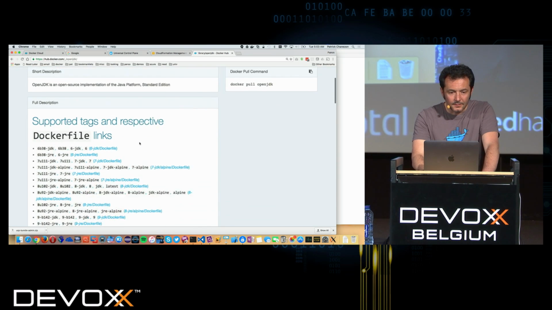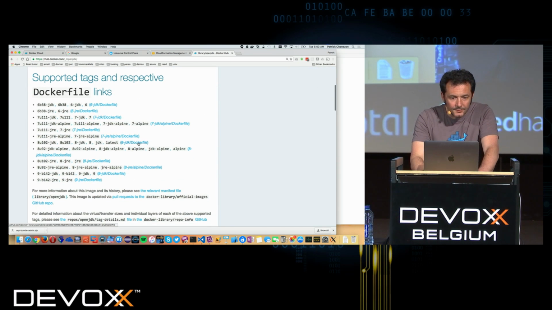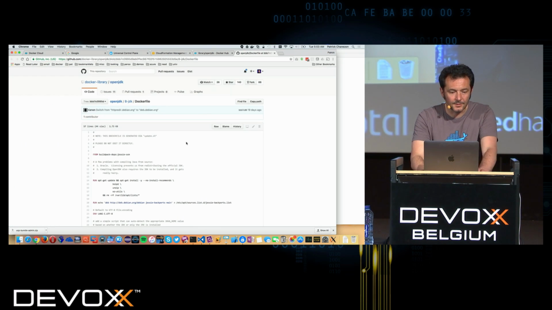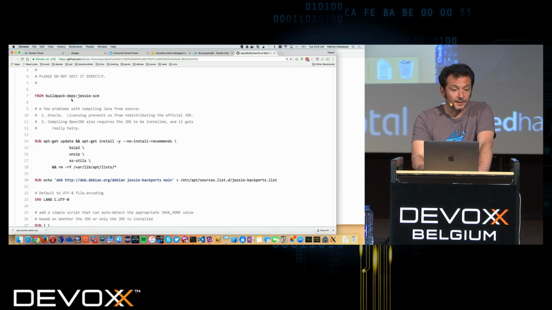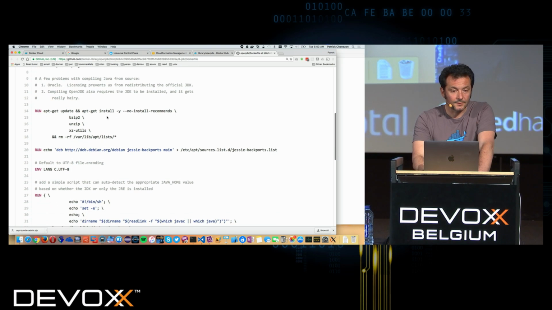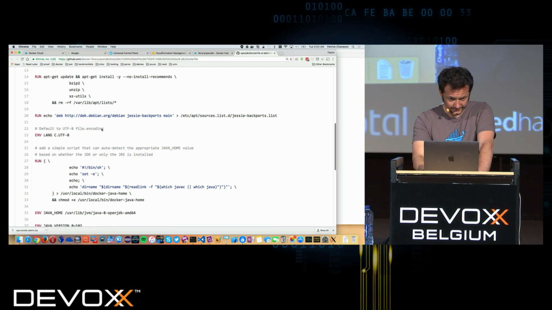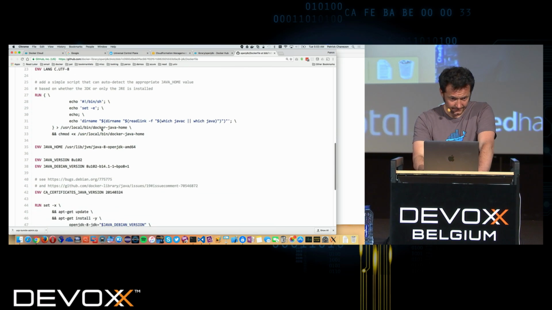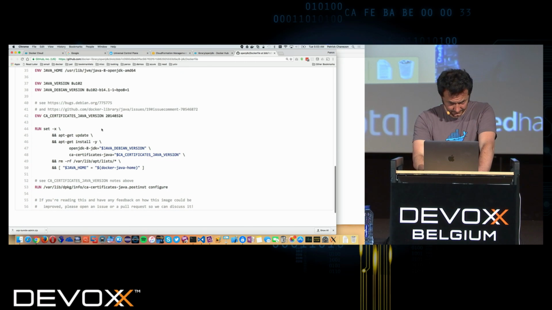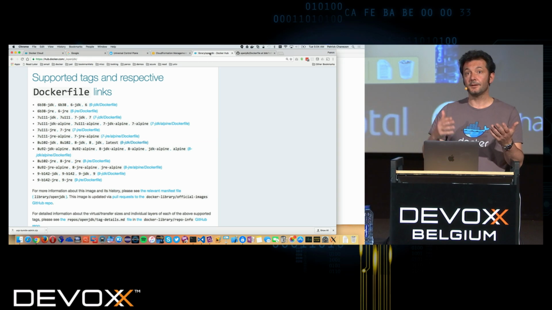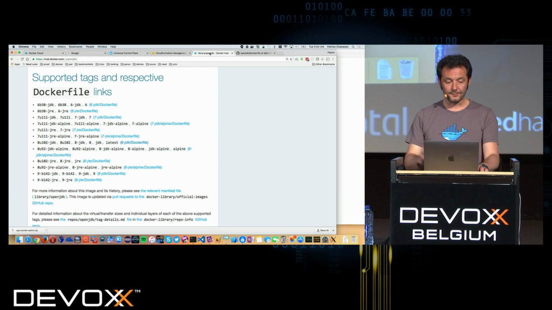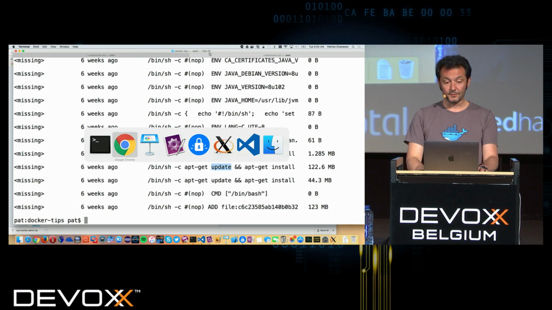And then what I like to do when I'm using an image is just to see what the Dockerfile looks like. So usually it's linked from the official image. And then you can see what they're doing in there. So it's inheriting from a Jessie image, and they're installing a few packages to unzip stuff. And then they're installing Java in there, or the OpenJDK, and set a few environment variables, and that's kind of it. But when you're using some images that you find on the hub, it's often useful to go in the Dockerfile and see how it's built and what you can do with it.